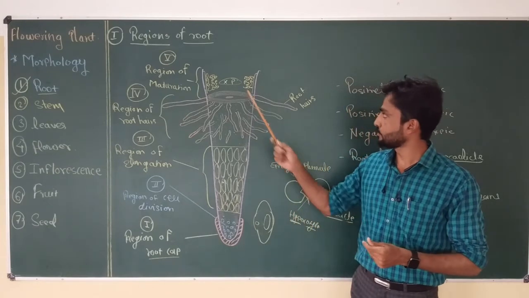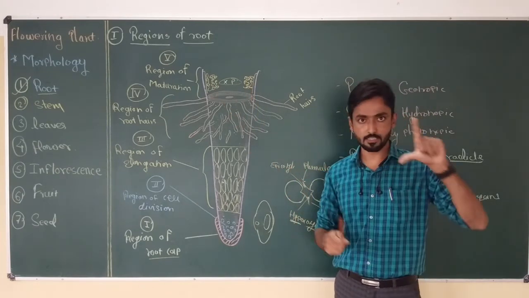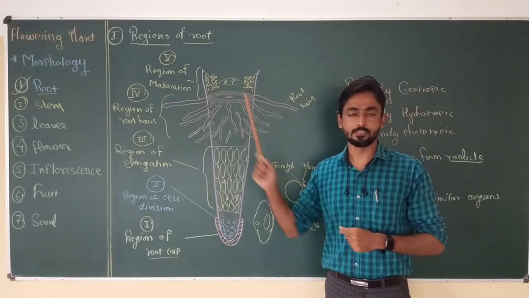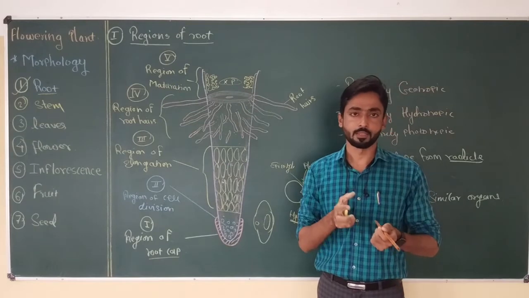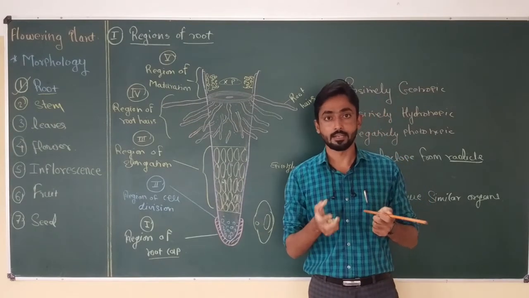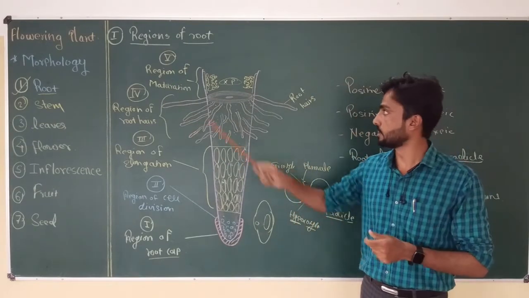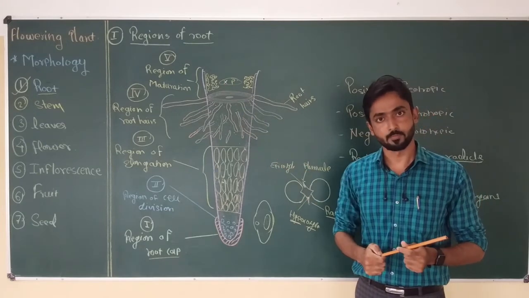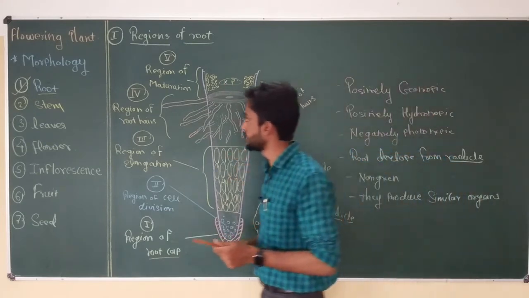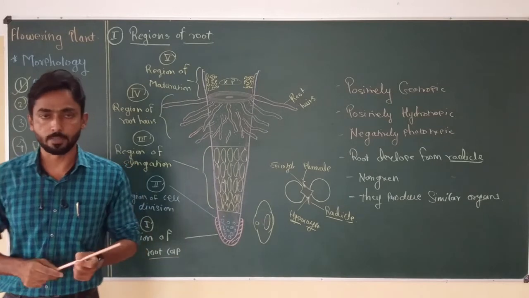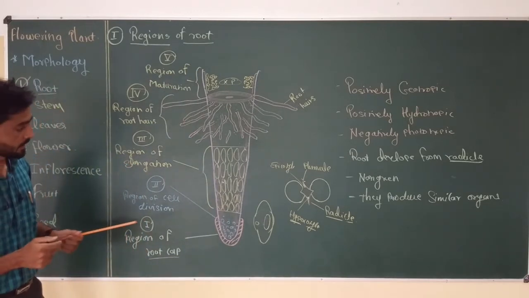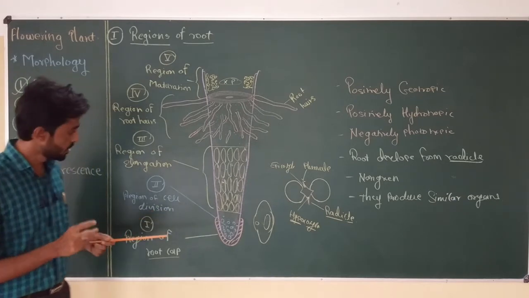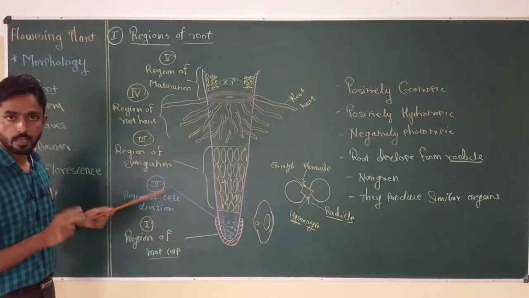Okay, and as well as this is the longest part of the root, and it is responsible for anchoring or giving support to the plant body in the soil. So the plant gets its main support from the region of maturation. So these are the 5 important regions which are generally present in the root of an angiospermic plant or flowering plant. As I discussed, I just want to focus on the main functions of every one of the 5 regions.